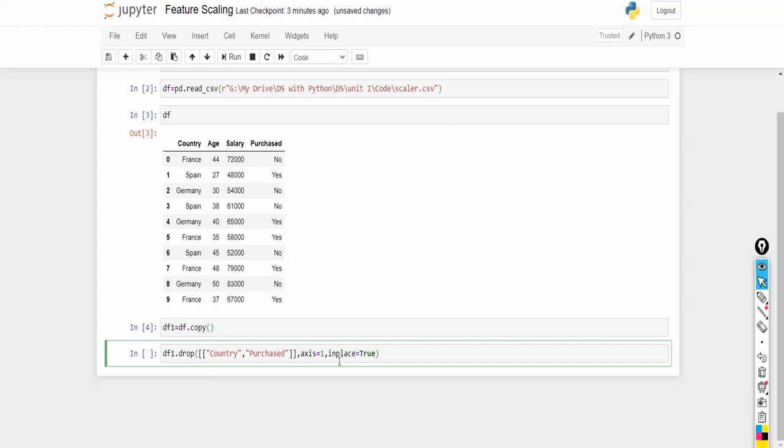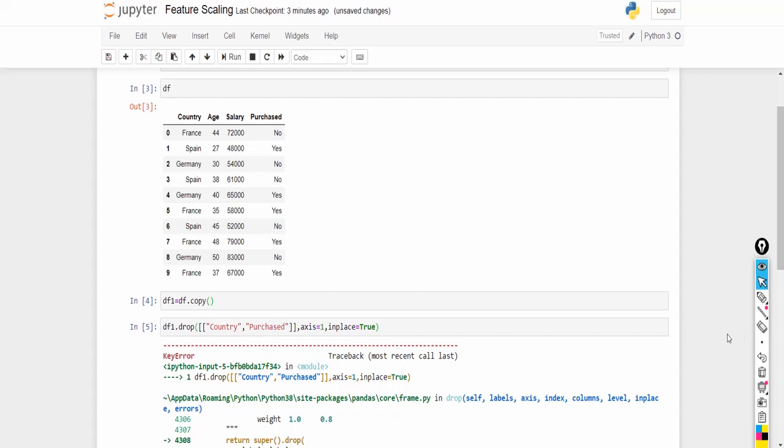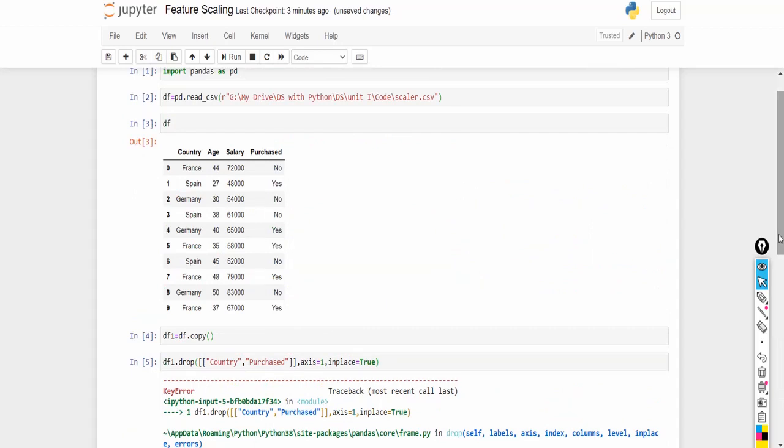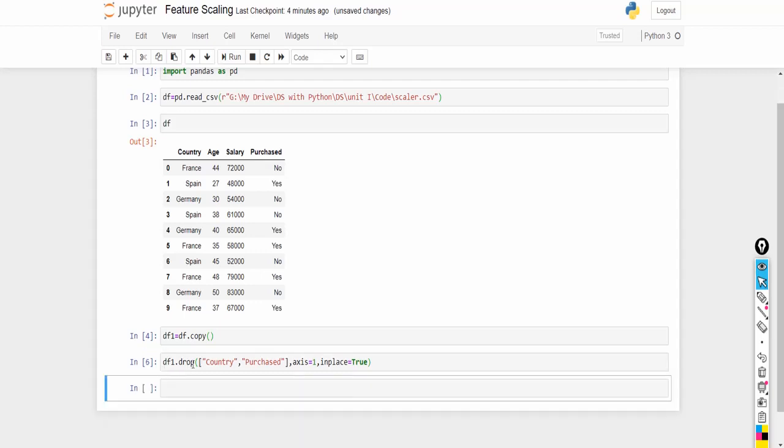If you find it difficult to use inplace, you can just save it as df1 equals df1.drop of this thing. For df1.drop you have to use a single square bracket.